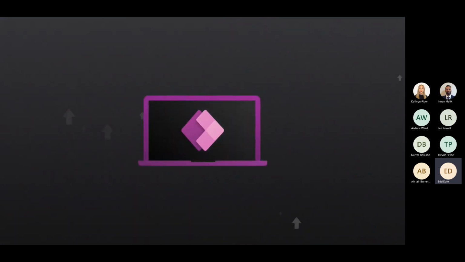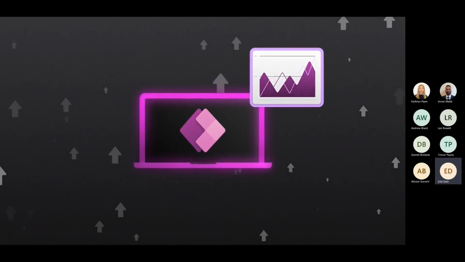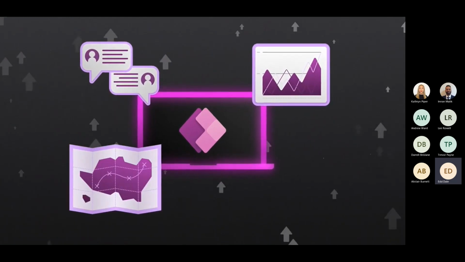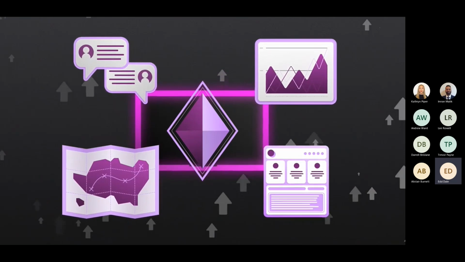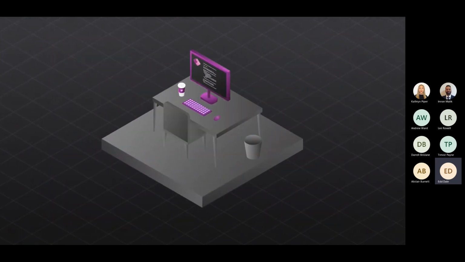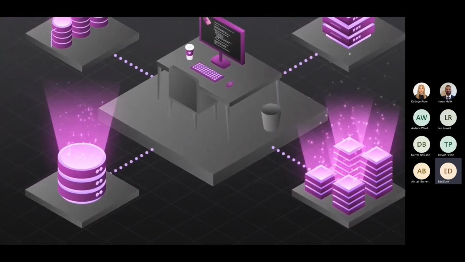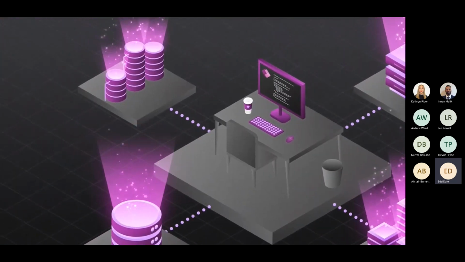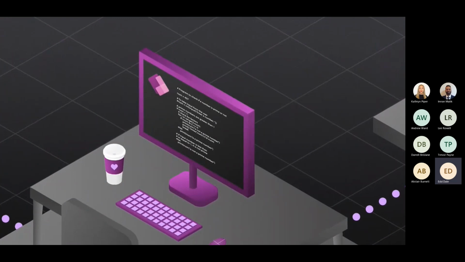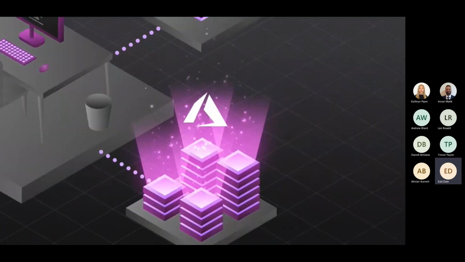And if you want to take your apps to the next level, you can add advanced functionality, from AI and analytics to chatbots, interactive maps, external portals, mixed reality, IoT, and more. Power Apps is designed to work with the world's most popular development tools and platforms, so professional developers can jump code first into low-code projects while collaborating and scaling innovation on Visual Studio, GitHub, and even Azure.